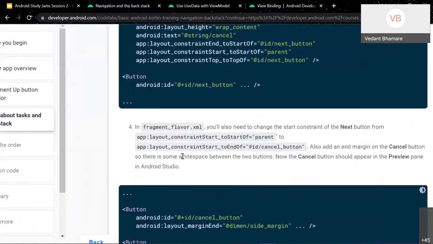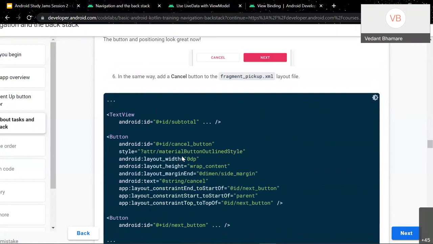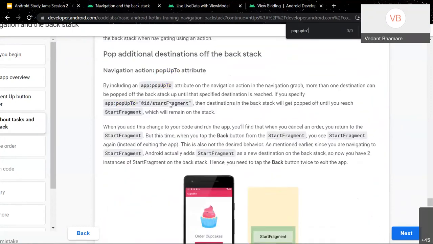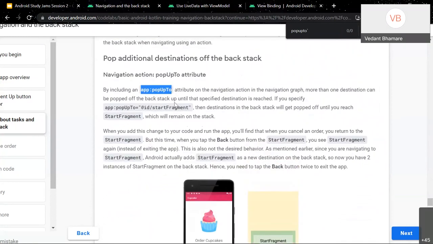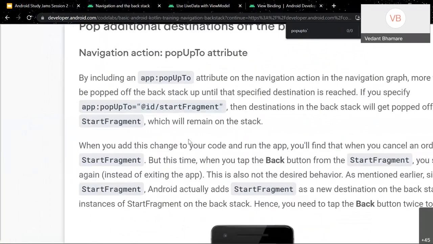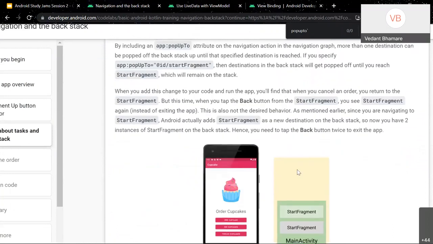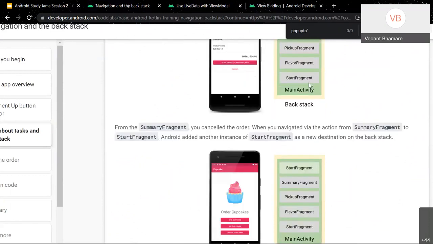Right now only the basic pop was going on, but here we have popUpTo. Whenever you define this popUpTo method, if you specify that you have to pop up to the start fragment, then whenever you call this method on the cancel button click, all these fragments in the backstack would be removed and you would directly jump to the start fragment.